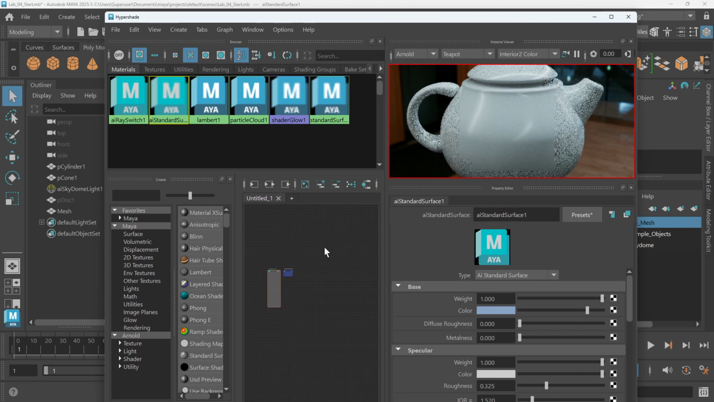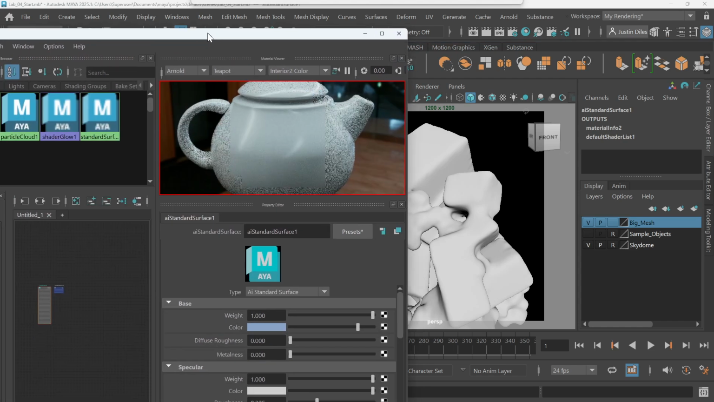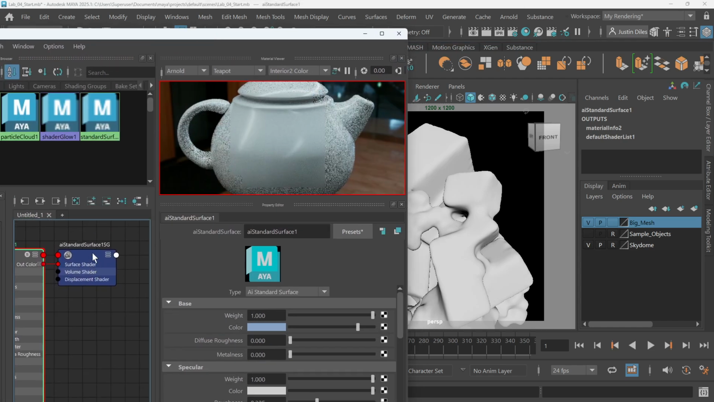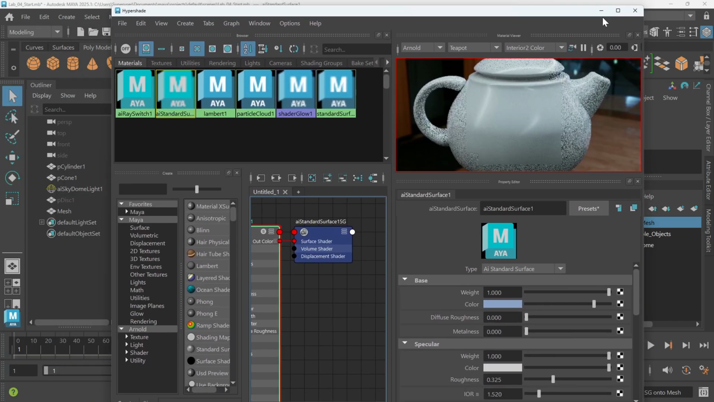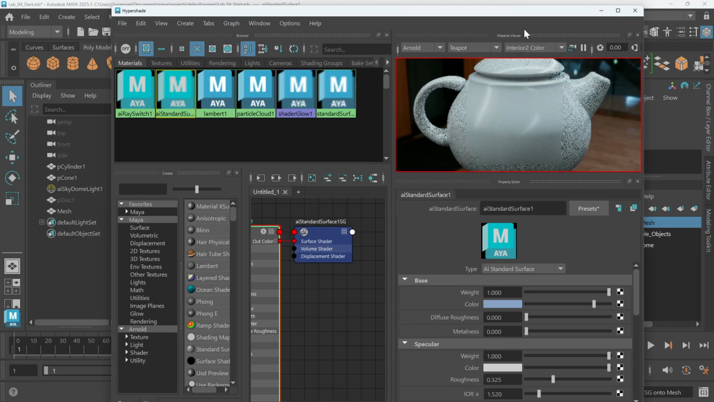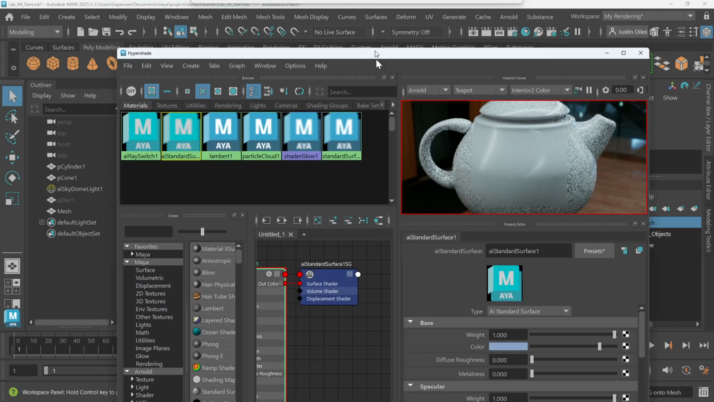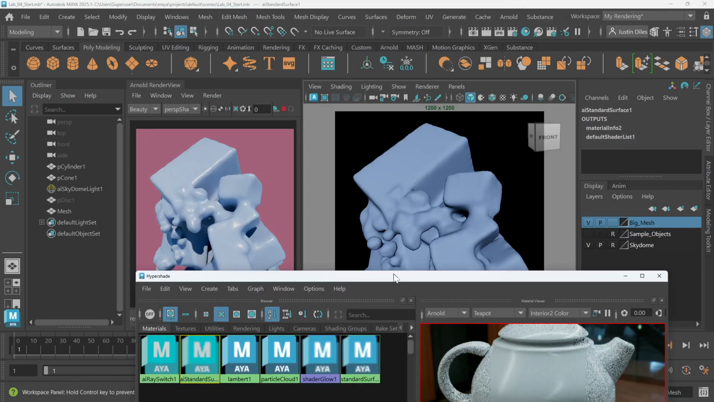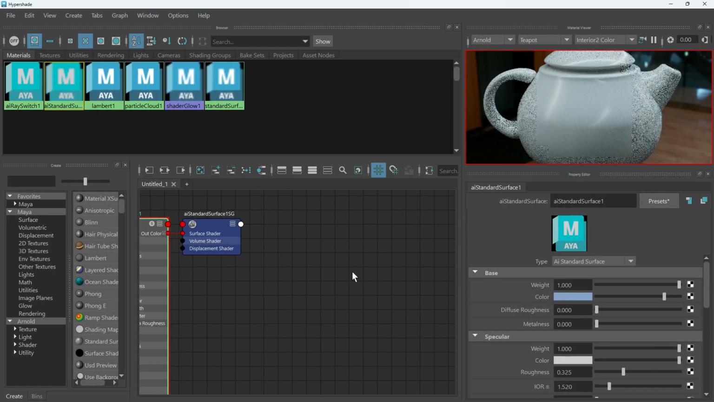And I can now left. So just to note, I'm taking the standard surface shading group and I'm dropping that onto the object. You can see that it turns blue, and now my object is blue. Okay, great. So now we have a live link between this shader and the object, and now I need to